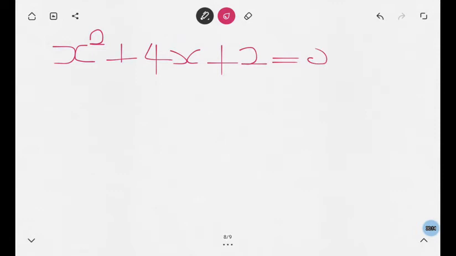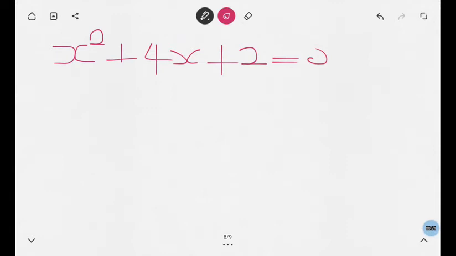Alright, given the equation x squared plus 4x plus 2 equal to 0. When you are given such a question to solve, and then you have to use the quadratic formula, which we